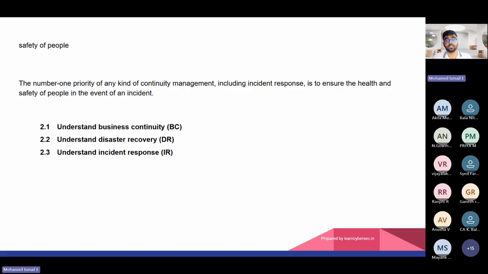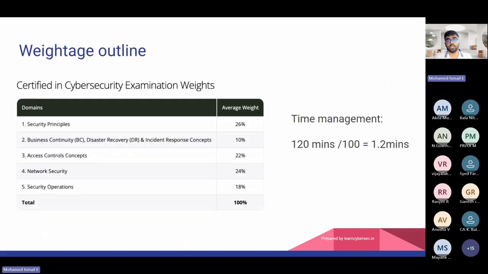There are questions you may have seen in the exam. They may ask about an incident and they would trick you to figure out whether you are selecting human safety as the top priority or not. If you have encountered any questions like that, make sure to select human safety as the top priority among all three. I haven't discussed these three topics yet.